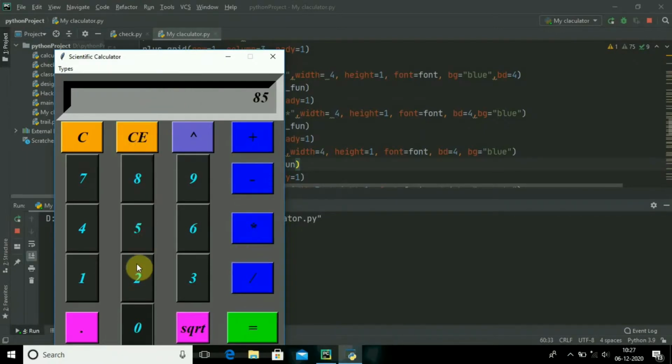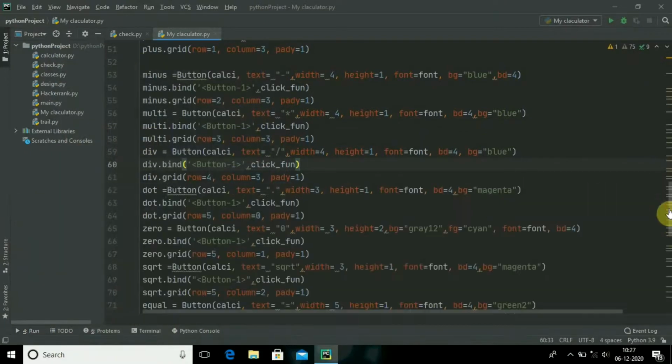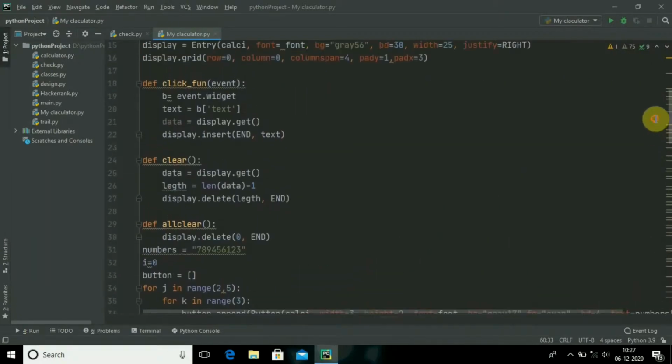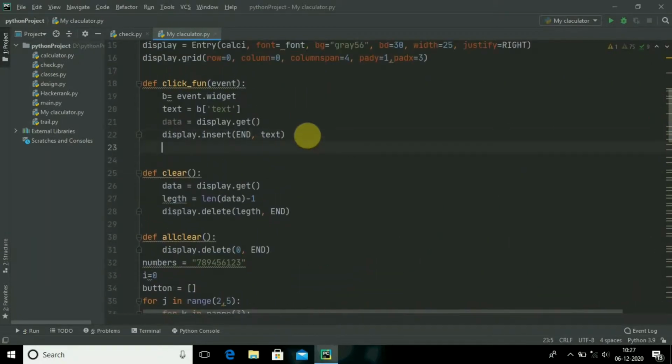So I have to do some functions. For that, again I will be going into those functions and adding some more functions so that it will be understood by everyone.